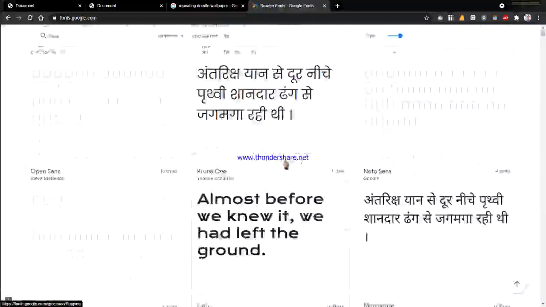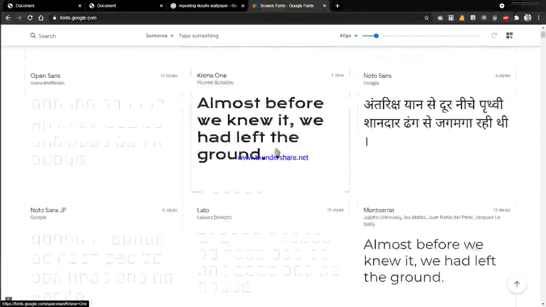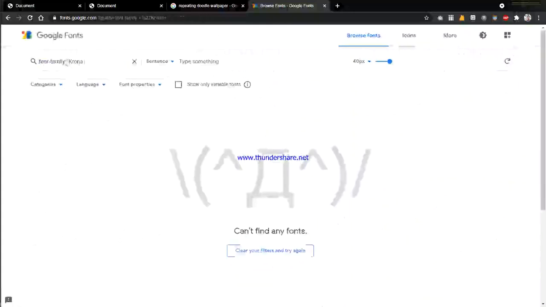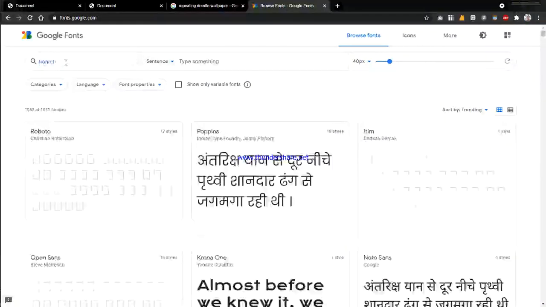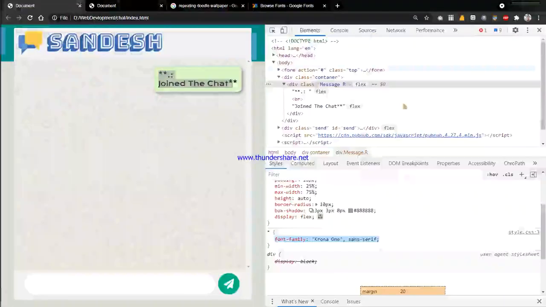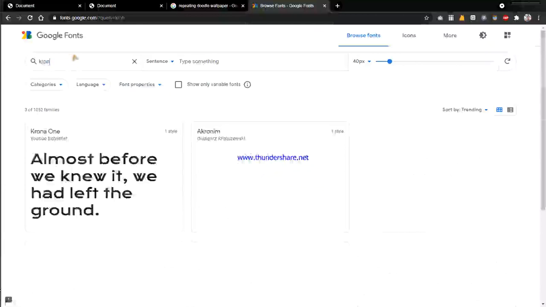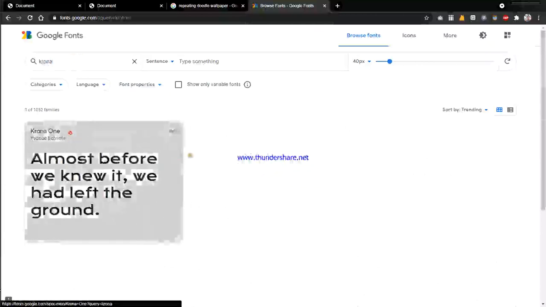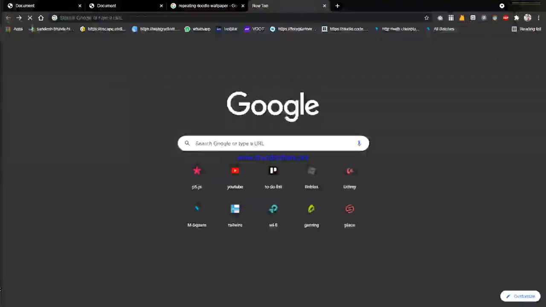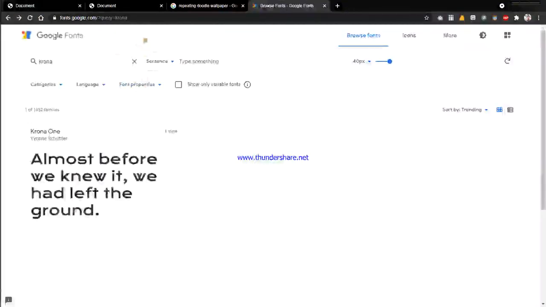Now the first time my internet was not working, so I was not able to tell you how to import a font, right? So go here, or what did I paste? Which one is the font here? Okay, Corona, and here it is, Corona 1. Just find a font you like for yourself.